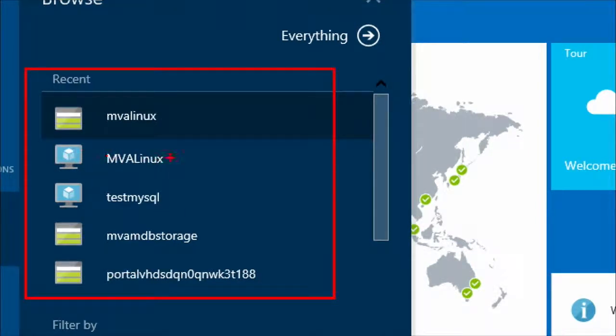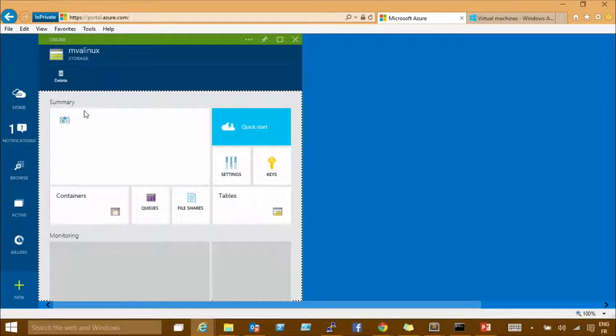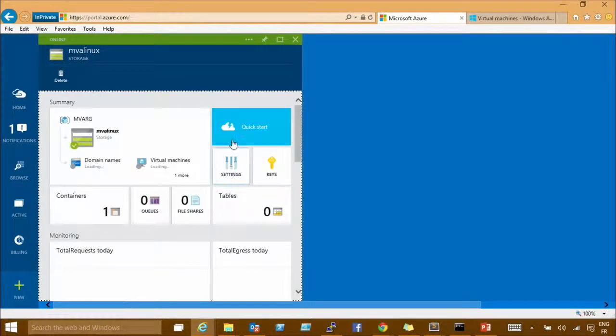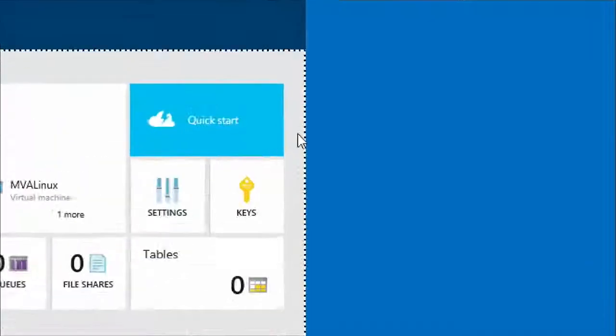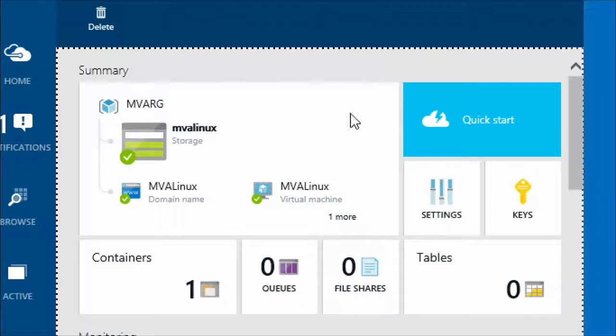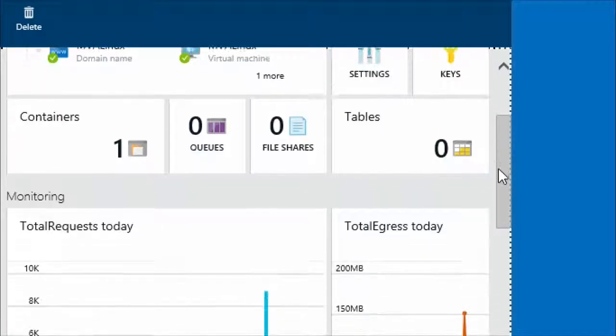So I have my 2 VMs, but I also have my storage account. The MVA Linux we've created and the MVADB storage we've created earlier today. I'm looking at MVA Linux. So the storage account brings me a summary of what's going on. How many containers I have, how many file shares, how many tables, all those kind of elements, even the keys that I can reset. But what I'm interested in here